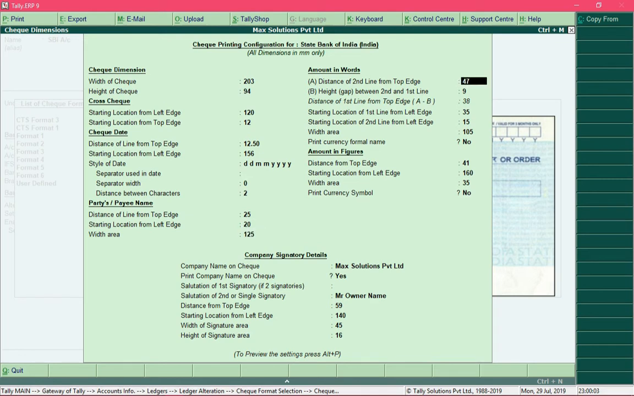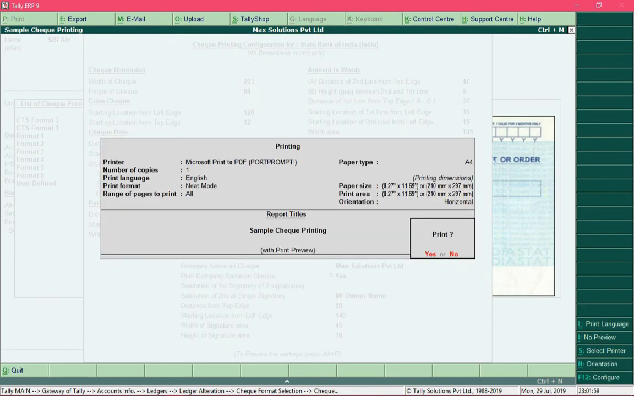And you can go through each field and read the name of the field, and the names are quite self-explanatory, and you can decide for yourself how you want to position a particular thing on the check. And after specifying all this information, you need to press Ctrl A to save those details, and Tally will prompt you to